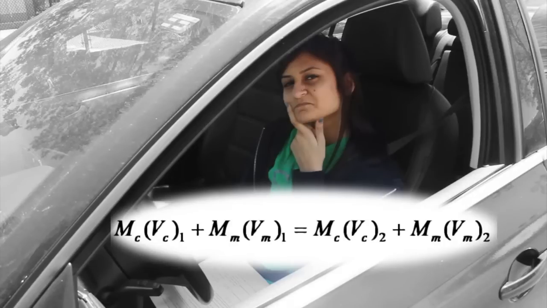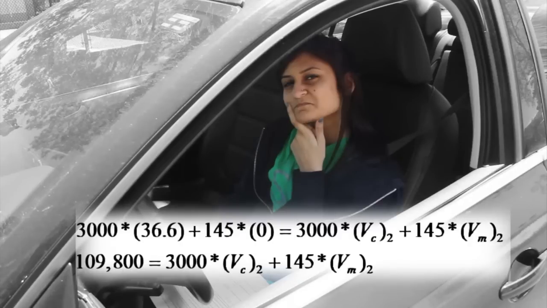That means at point 1, the mass of the car times the velocity of the car plus the mass of the man times the velocity of the man also at point 1 equals the mass of the car times the velocity of the car at point 2 plus the mass of the man times the velocity of the man at point 2. If I'm going 25 miles per hour, which is also 36.6 feet per second, and he isn't moving,